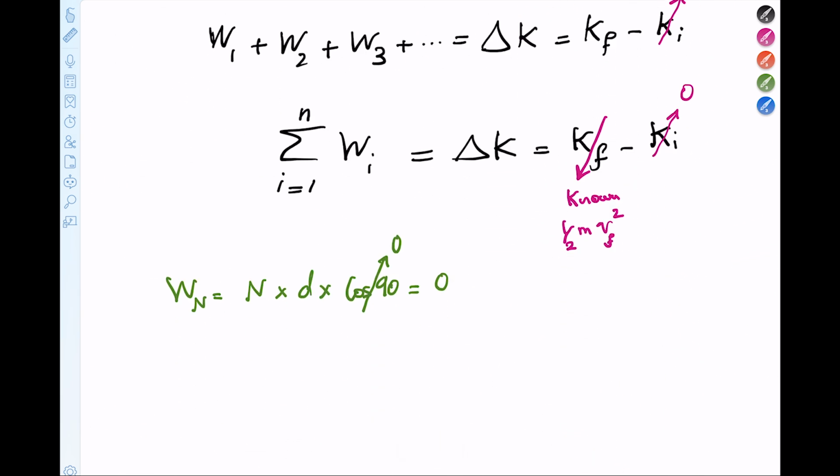On the left-hand side of this equation, the right-hand side, we already know what it is. Initial is 0. Final is known: half m v final squared, half times mass times velocity squared. On the left-hand side, we have work done by normal force, which is 0, so we're not considering that, and work done by mg, force of gravity. That's F d